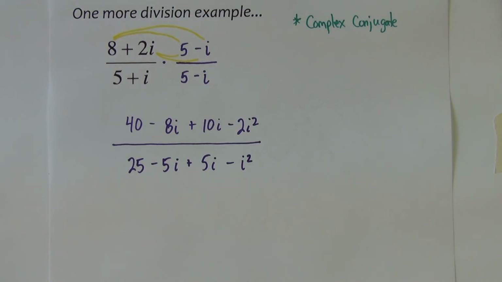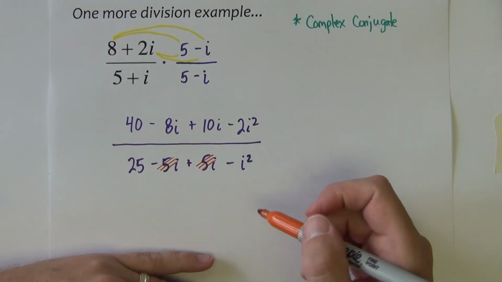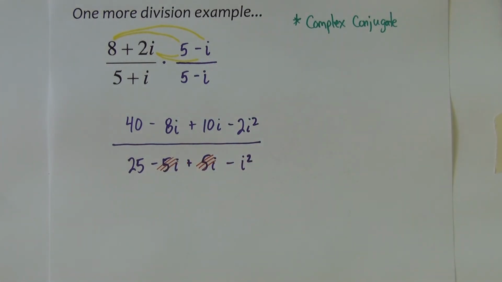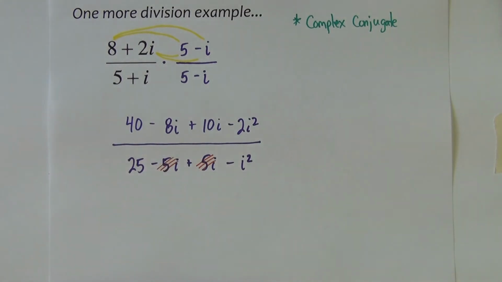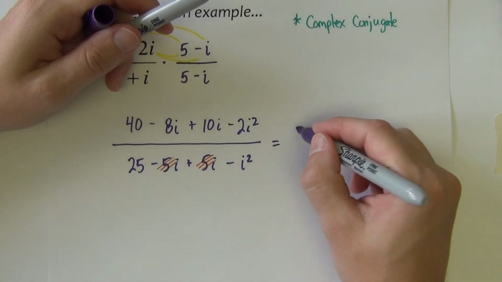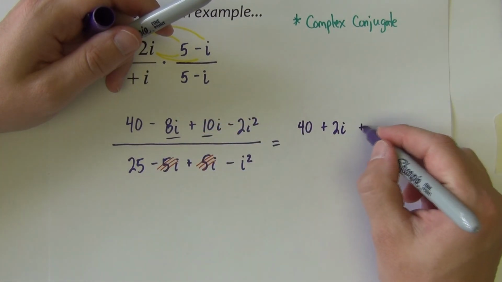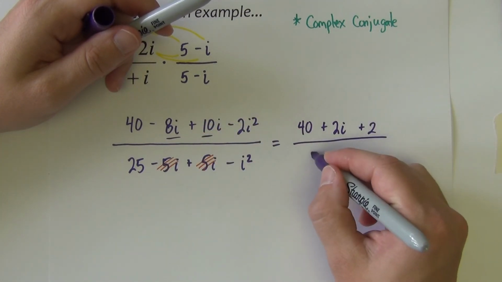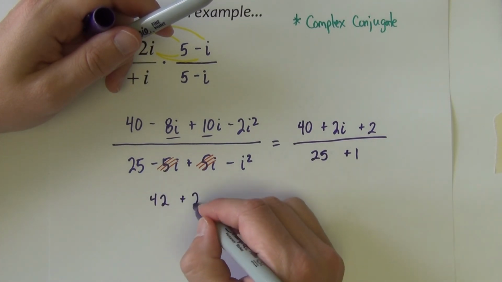Now the reason why this works is the whole purpose of rationalizing the denominator is to get rid of the i in the denominator. And you see that the like terms down here, negative 5i, positive 5i, they add to 0. It's only going to happen if we use a complex conjugate pair. If we change the sign between the two terms, will that happen? So the numerator, I get 40 plus 2i, I've added these like terms together, plus 2 divided by 25 plus 1. So we get 42 plus 2i